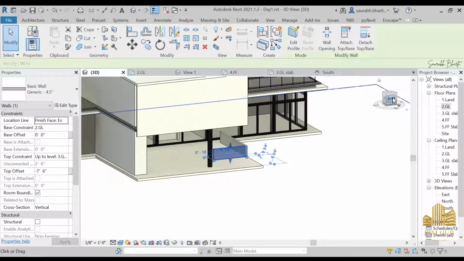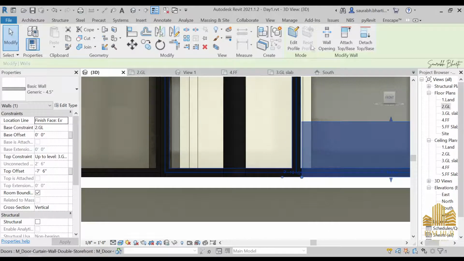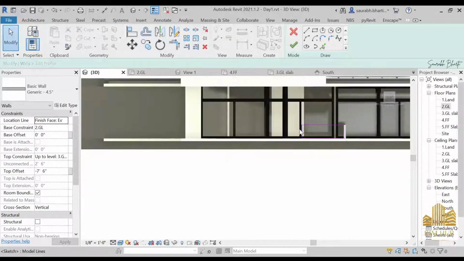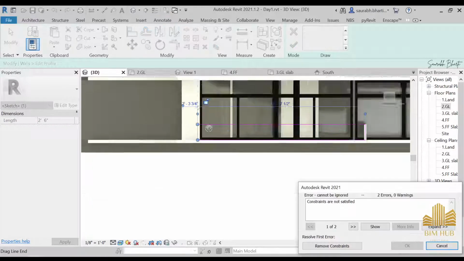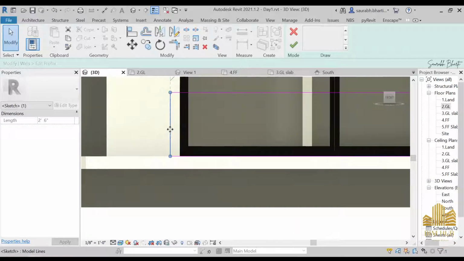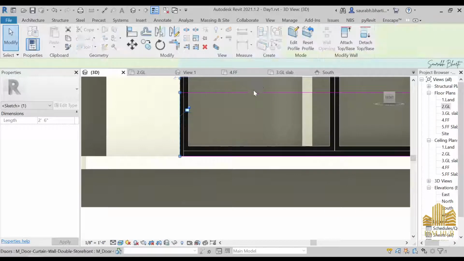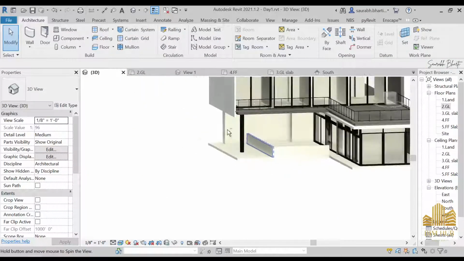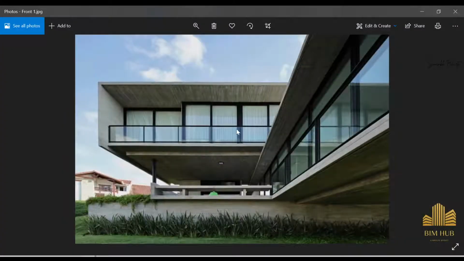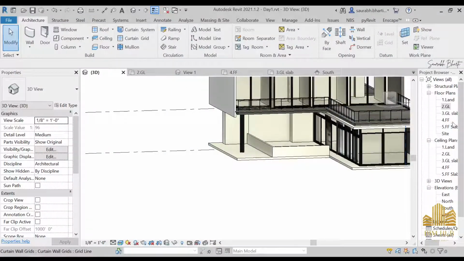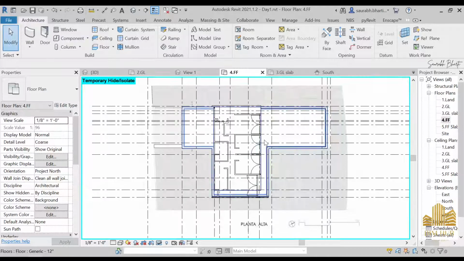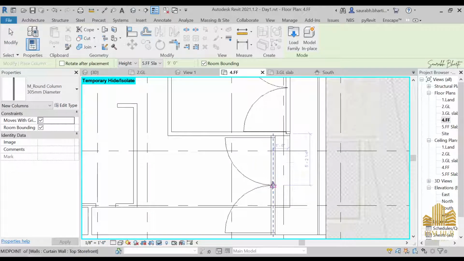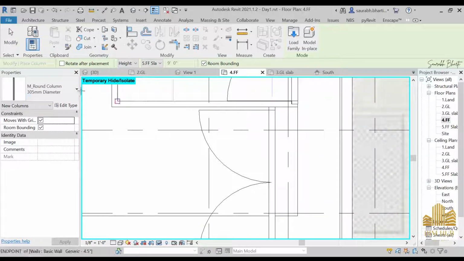And over this part, let me just try to increase the size of this wall from here to here, remove constraint, and just make it a little bit smaller, finish it, done. So this is how this part looks. And now we have this column part on the top. Also we do require to provide the column over there, so just go to the first floor and then go to architectural column, and then just provide your column, that is this round column,